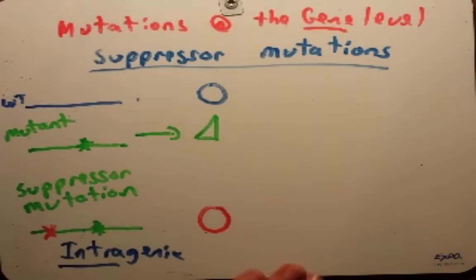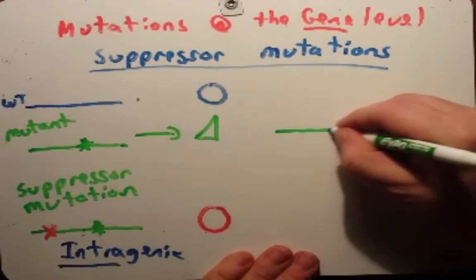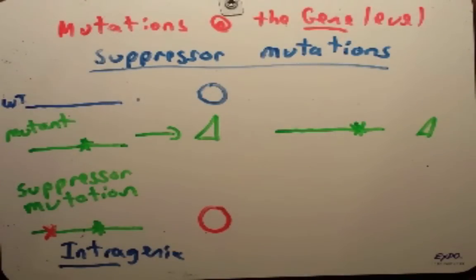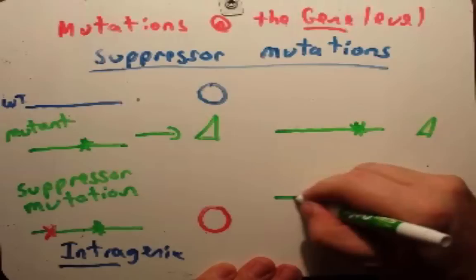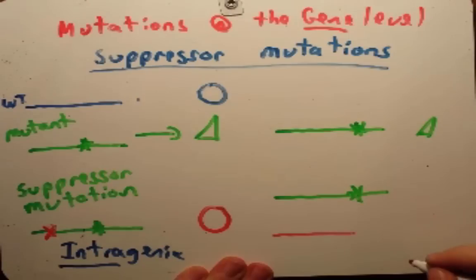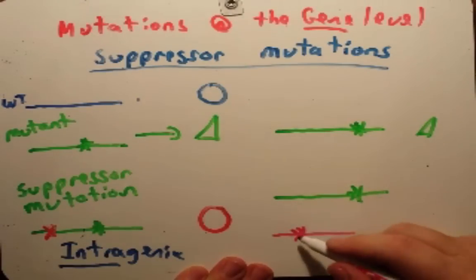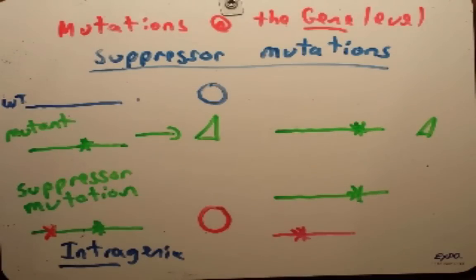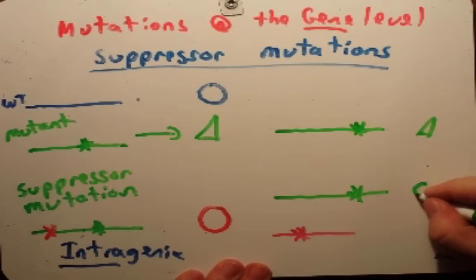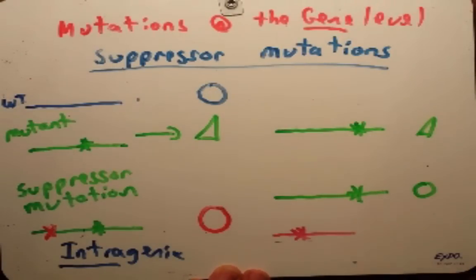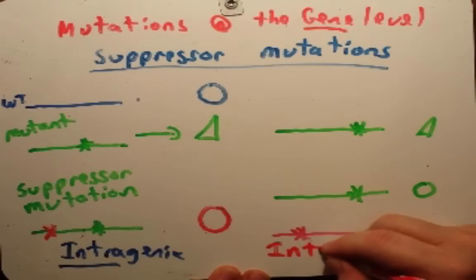Now let's draw a different mutation. Again, we have our original mutant here that, instead of forming a circle protein, forms this triangle protein. And then we can get a mutation that doesn't affect this gene, so we still have this mutation here. But in a different gene, we get a mutation in it. And somehow this mutation in this other gene affects the ability of this one to form a triangle versus a circle. And because of that, it will now form a circle. Because the mutation is in a different gene and not in the original gene, we call this an intergenic